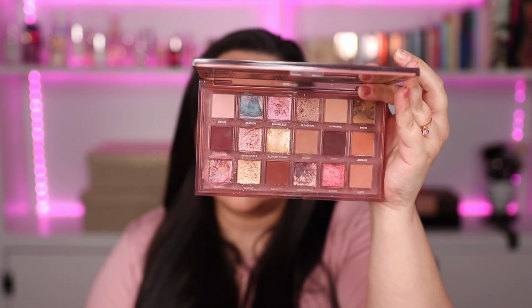The first palette I want to show you is a pretty obvious choice because this palette is from one of my favorite brands and it not only has a few burgundy tones in there, it's a burgundy monochromatic palette, which not all of these palettes are. And of course I'm talking about the Huda Beauty Naughty Nudes palette. This is an 18 pan palette that pretty much has what I'm going to call a monochromatic burgundy color story,